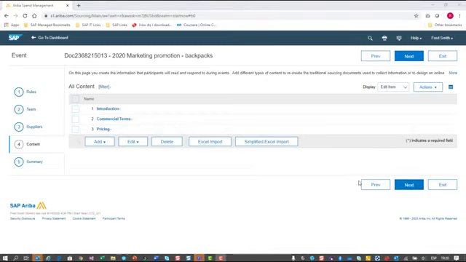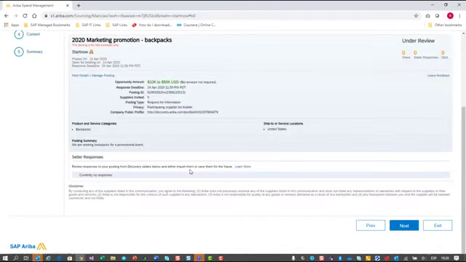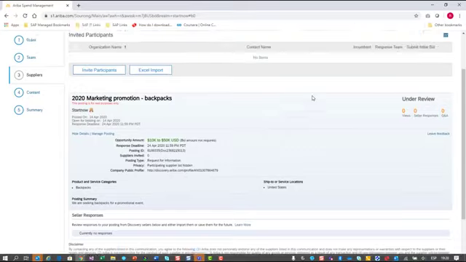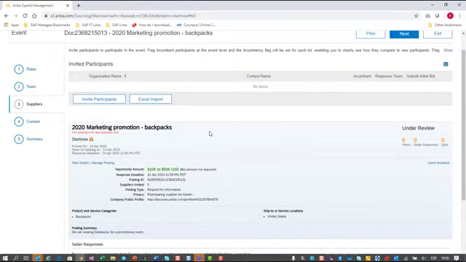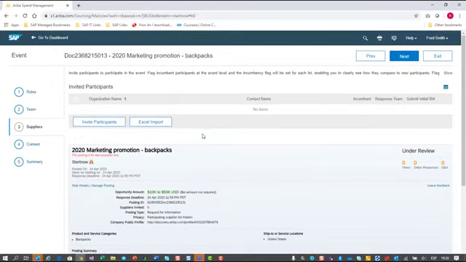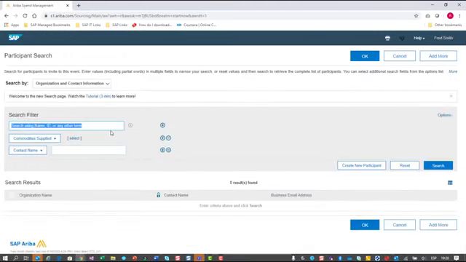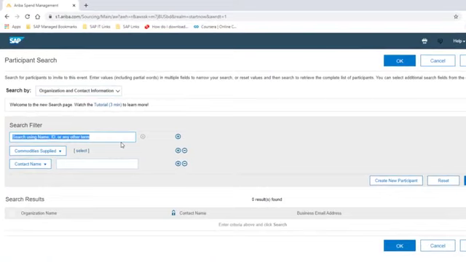But before I continue with this step, I'll go to the previous one to add some of my suppliers that I have in my own database. So you can see the Ariba Discovery posting is already there, and I will go and invite some of my suppliers. Here I will search